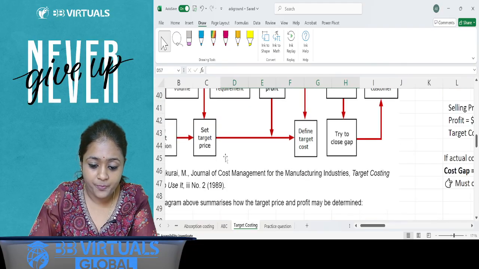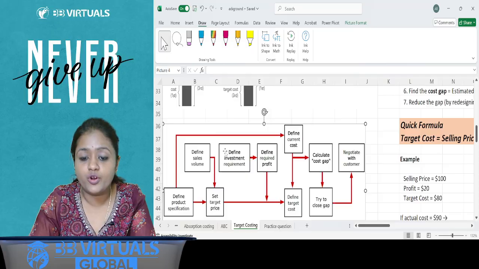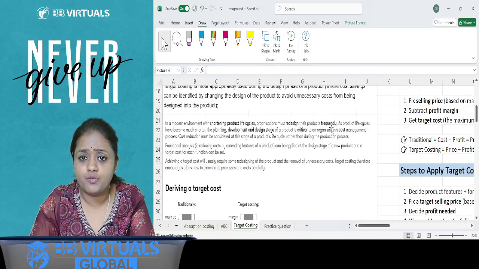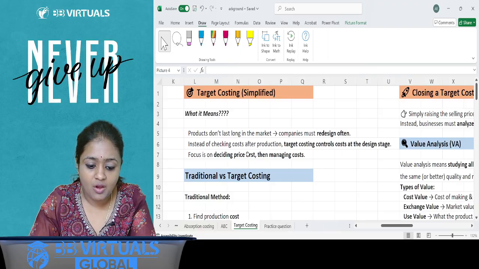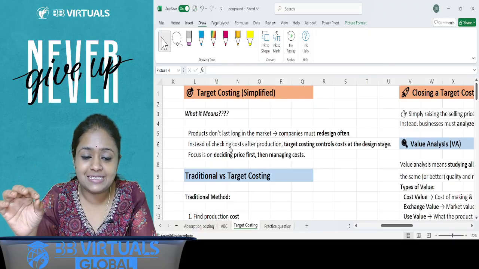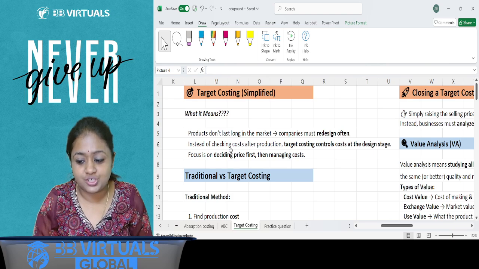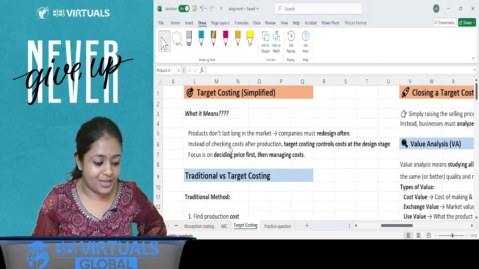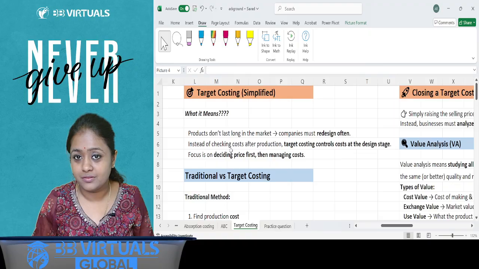Okay, now this is again just a summary that I have posted here from a source. I have given the source so that it helps you with the flow that we have already discussed. Now if I put it very simply, target costing says that, boss, you have an iPhone that is going to be launched, right? We all love iPhone, right? Even I love iPhone. Okay, so all of you are waiting for iPhone 17 Pro.